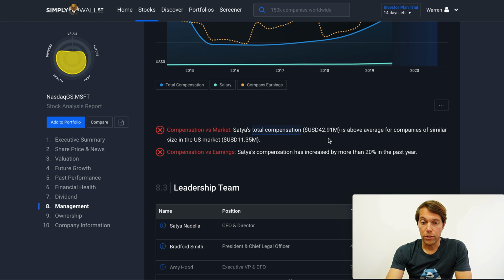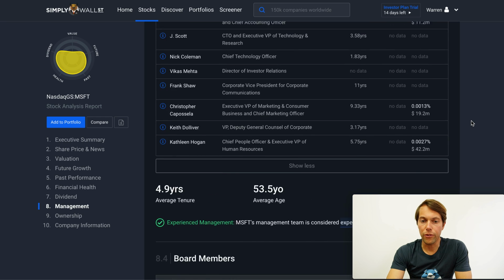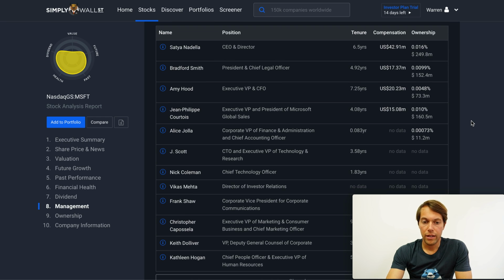One of the other checks we do down here is we look at the compensation compared to other similar sized companies by market cap, and we see if it's within a reasonable range. Interestingly, in this case, it seems a bit higher. Now, everyone says when you're researching a stock, when you're thinking of buying one, you've got to look at the management team, but that's actually quite challenging to do because the management team is huge, there's a lot of people to look at. We make it very easy for you because in this table here, I can see the